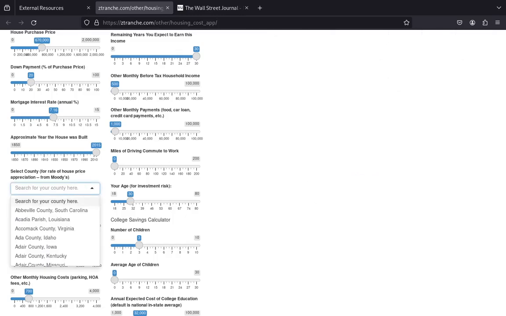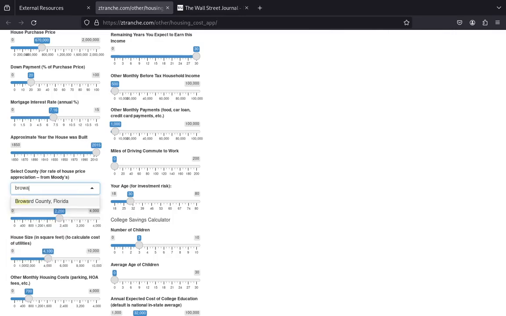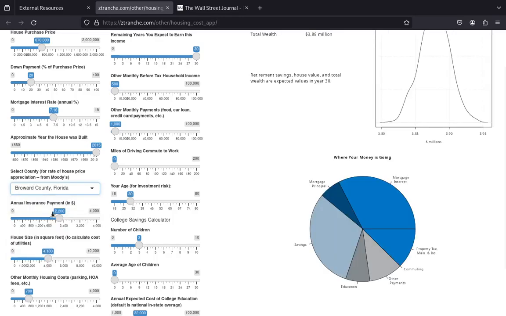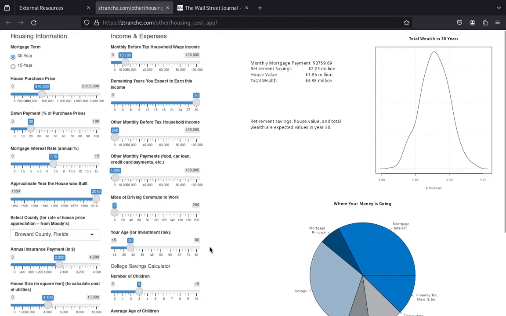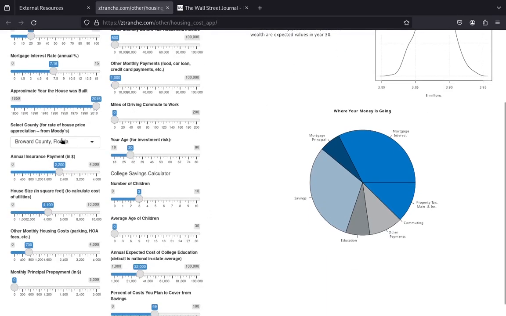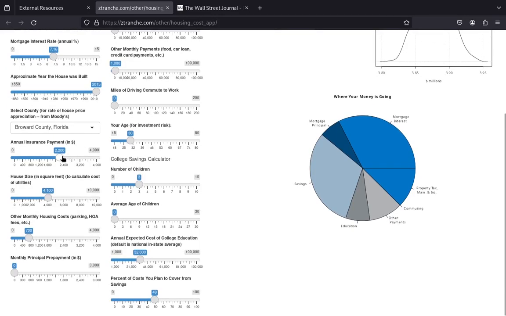you can put in your county here. So what this is going to do is, depending on your county, it'll give you appropriate tax rates, property tax rates, because property tax goes into here. And then also it's going to use an estimate of house price appreciation. So depending on your county, that's going to affect property taxes, and how much your house is going to go up, right? So you can choose your county in here, and then one sort of big payment that